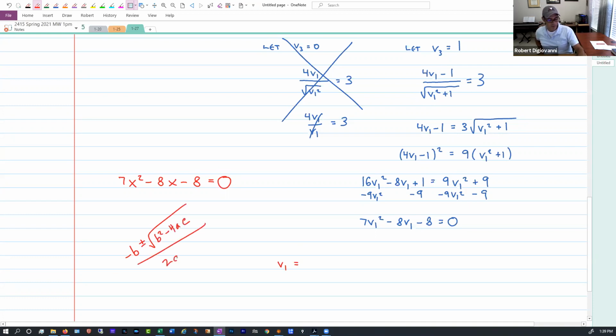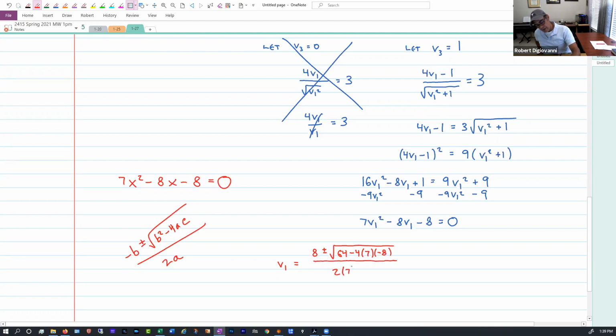You've all been through that. So negative b for us will be 8 plus or minus the square root of b squared, that's negative 8 squared, that's 64, minus 4 times a, which is 7, times c, which is negative 8, all over